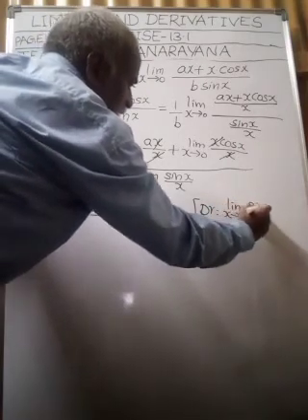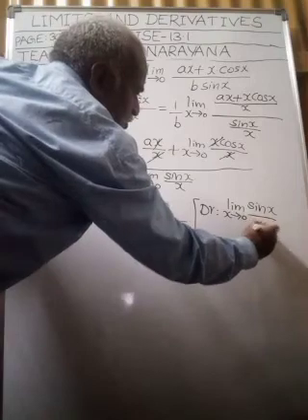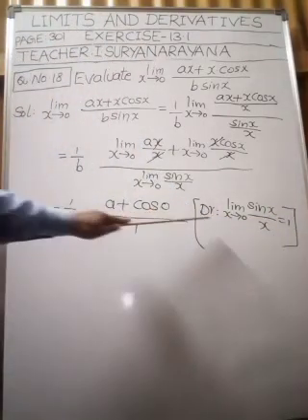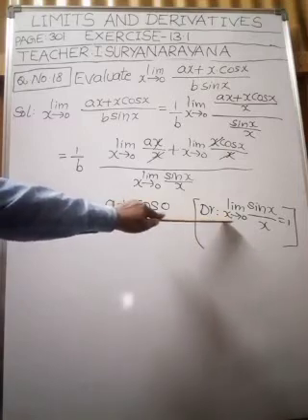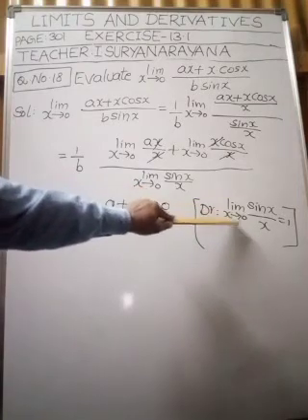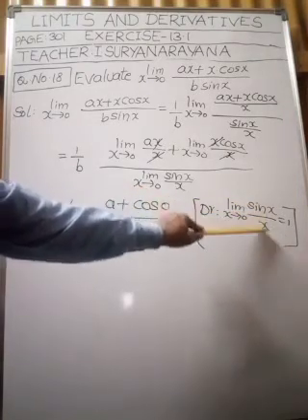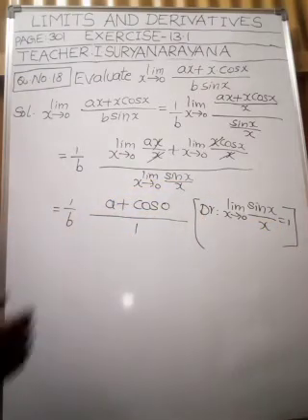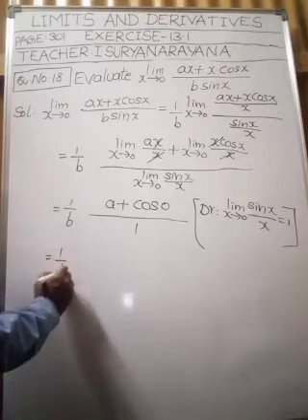In the denominator, we used this standard limit. As x tends to 0, limit of sin x by x is 1. Understood this denominator, my dear children? Right. That is equal to 1 by b